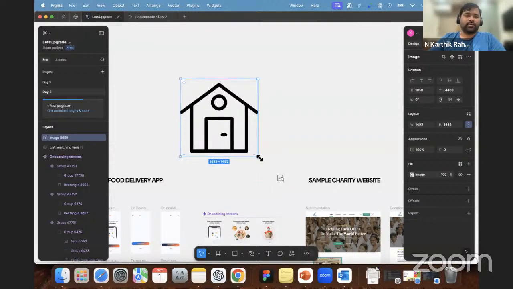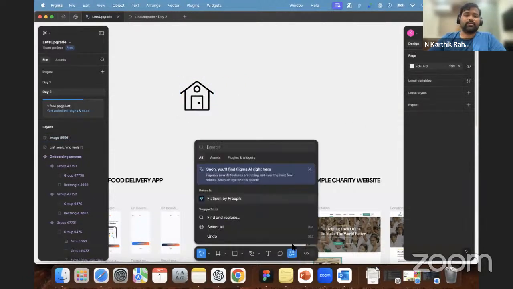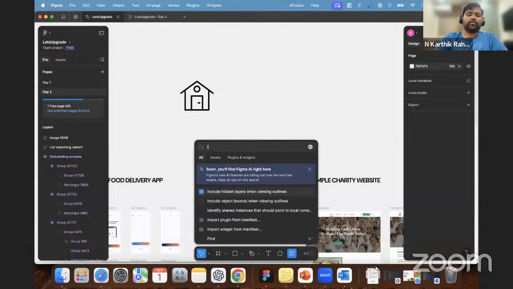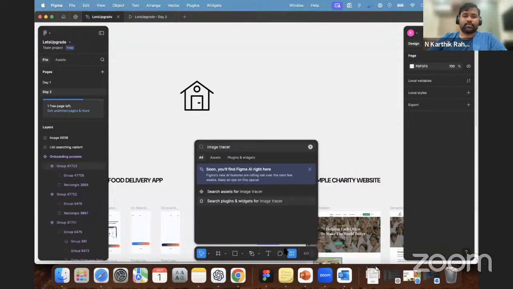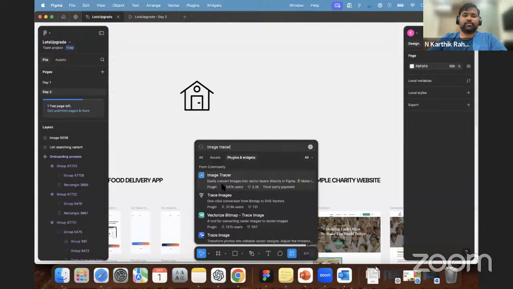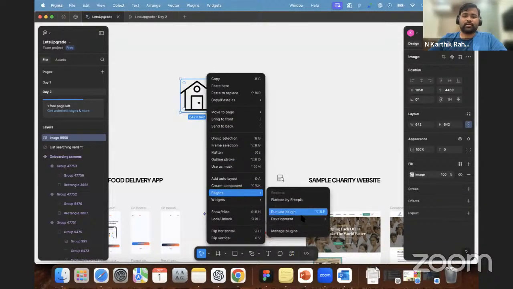So the first thing we need to do is revert back to its original position. Okay. And go to plugins. You see this plugin called Image Tracer. I already have the Image Tracer, so you can see this plugin called Image Tracer. Once you add that plugin by selecting this one, right click,